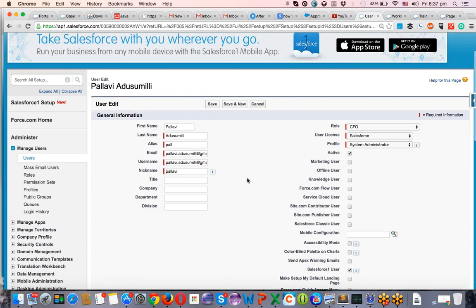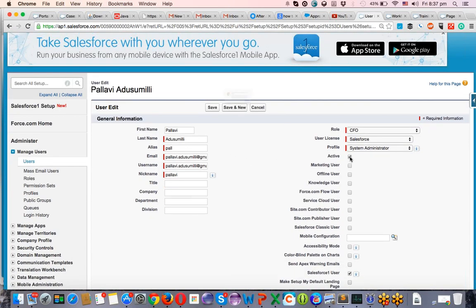I cannot delete a user. Remember that you cannot delete a user. I'm trying to mark it inactive. If I make this inactive, one user license will be available again for Salesforce. Sometimes it won't allow us to deactivate the user, because if there are any workflow rules or anything assigned to this person, that will block us too.